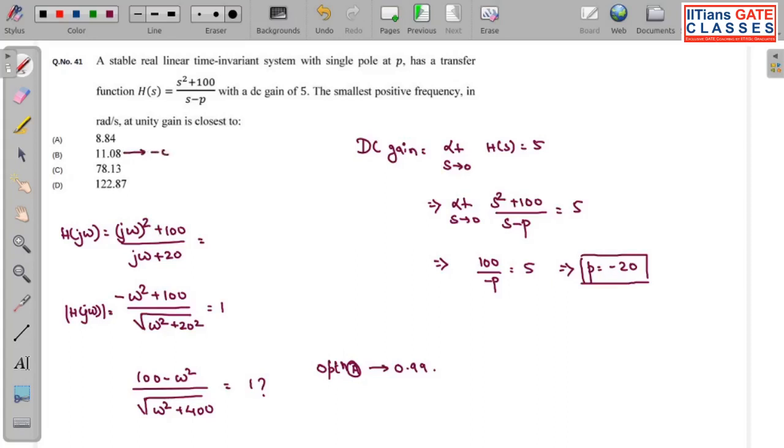This gives you minus 0.99 gain, and they have asked for the smallest positive frequency in radian at unity gain. So, this is giving you negative unity gain, so this will not be the option. We will not check further, because in the examination hall, when we get one answer that is equal to 0.99957, we will directly mark option A and move on to our next question. So we are done with all the questions asked in GATE 2020 for the paper EE, subject control system.